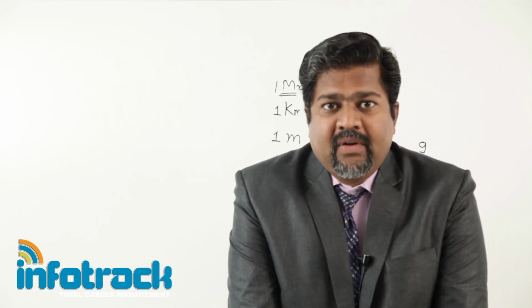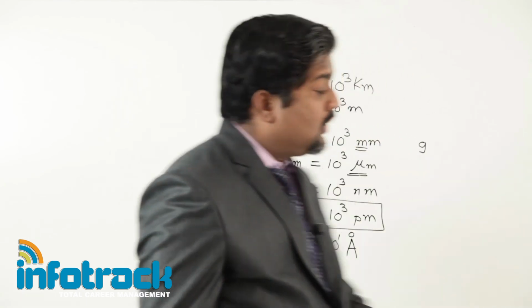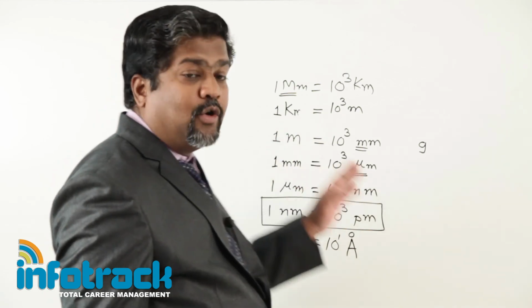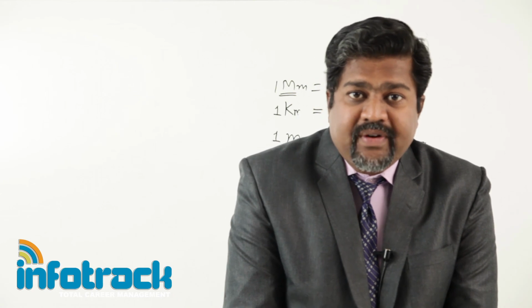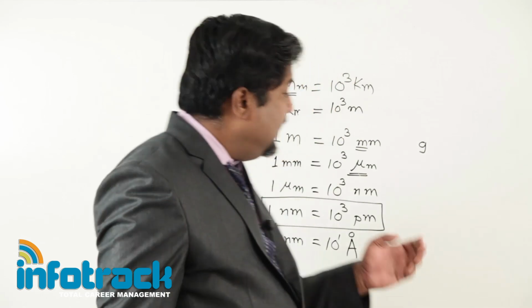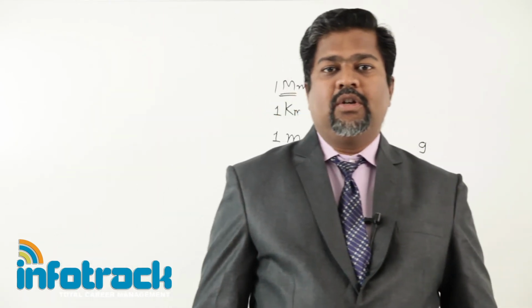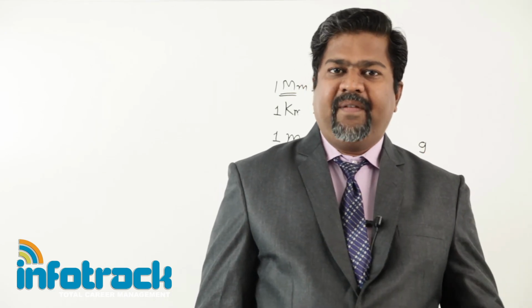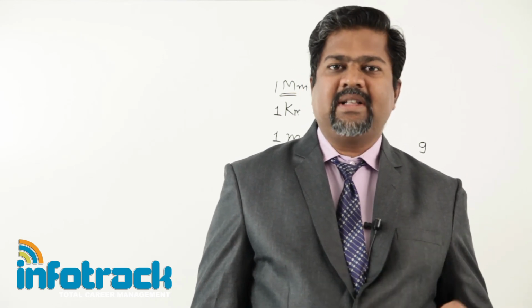In the next lecture we are starting calculations, basic calculation, that is, what is 1 meter, how many angstrom, 1 meter equal to how many nanometer, and like that. But you must be aware of laws of indices. Kindly go through laws of indices also, and kindly learn all units by heart. So in the next lecture whatever we are going to discuss, you will get very easily. Second, after finishing all this, we are switching over to the topic that we are interested in, that is derived unit.